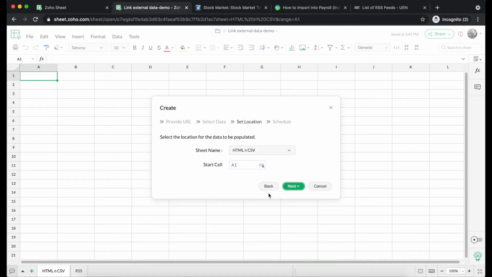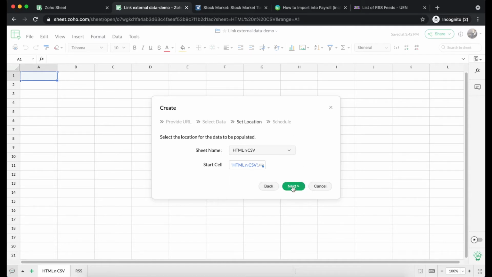As you can see, you can go back to the previous step anytime you want. In case you missed selecting anything, you can go back anytime and change it. Now we have come to the third step, that is selecting the location or the cell range in which you would like to insert the data that is coming from the source. Once you've chosen the desired worksheet, you can choose the desired cell range from the range picker here. You can simply select the cell range where you would like to insert the linked data. You can see the blue selection being shown here as an indication. I'm just selecting A1 as the cell range from which I want the data to be inserted.